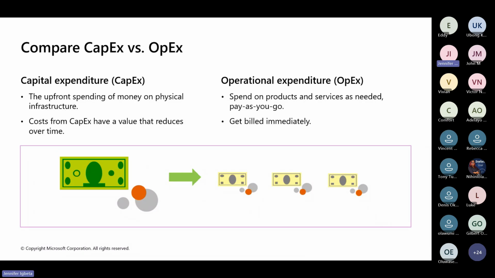An example of operational cost is like your DSTV. The month that you purchase a subscription is the time that you have access to the DSTV. The days that you did not pay, DSTV will lock you off. So now they get billed immediately. As soon as the pure water boy gets to your house, you hand the money to him. As soon as you want to watch maybe your favorite sports or African Magic, you pay, you subscribe for that month. So they get billed immediately for the amount of service within the amount of time. That is what you call